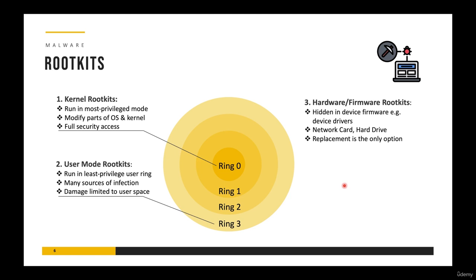We also have some other types of rootkits. So for example, we have hardware or firmware rootkits, which basically target device firmwares, for example, the device drivers. So they target devices such as network cards and hard drives, and usually it is very difficult to remove them. So once a device has been infected by a rootkit in its firmware, replacement remains the only option. Then we also have bootkits, which basically infect the master boot record. They are sometimes used to advance other malware. And these types of bootkits are always loaded in memory whenever the system boots.